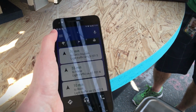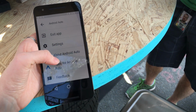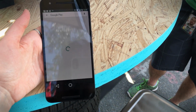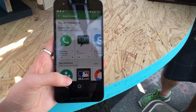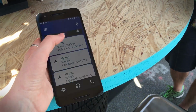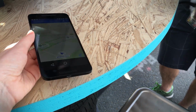So we also have a number of different settings over here that you can customize, and you can check out a bunch of apps for Android Auto on the Google Play Store. So they're working to get this involved in a bunch of messaging apps. Right now they're going to have WhatsApp, Telegram, Kik, Skype, and some of those other messaging apps, which is pretty exciting. And you'll be able to use Google Voice